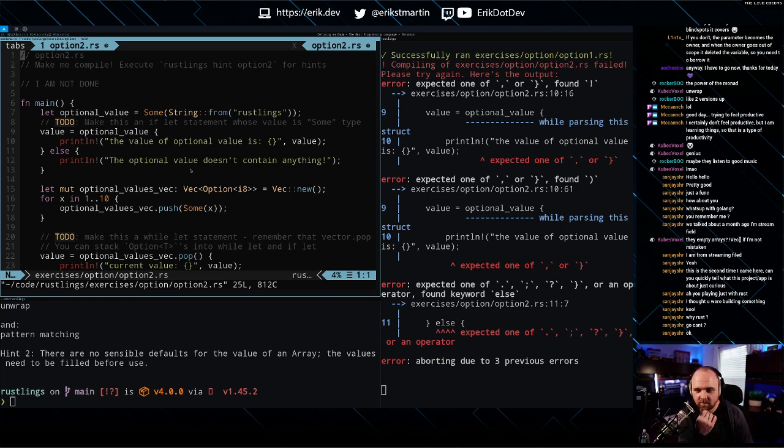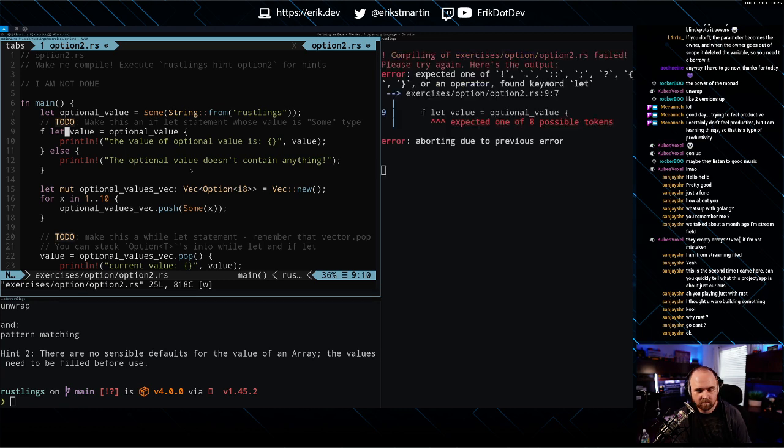All right. Line 9. Value equals optional value. Make this an if-let statement whose value is some type. Whoa. Oops.